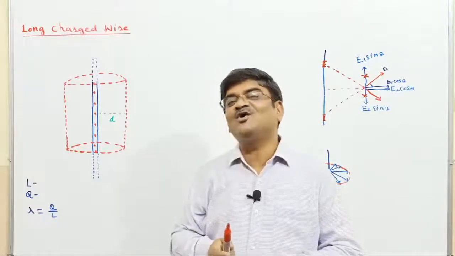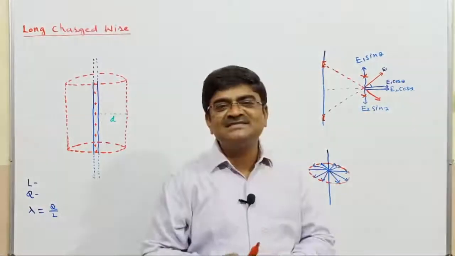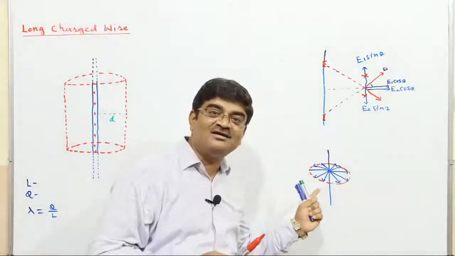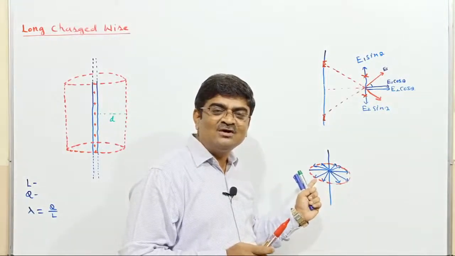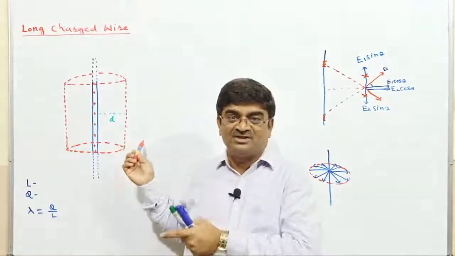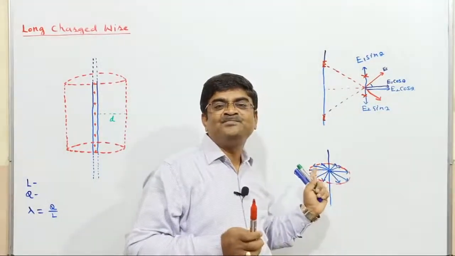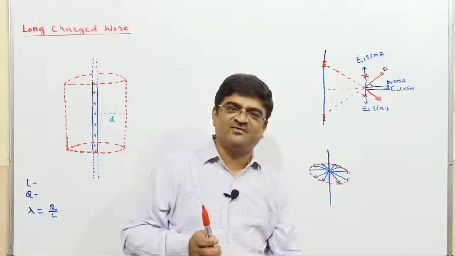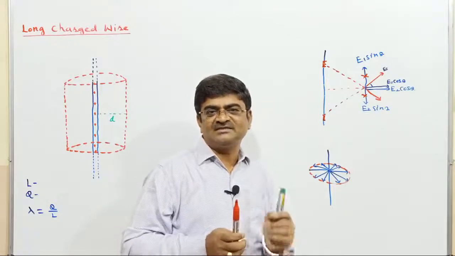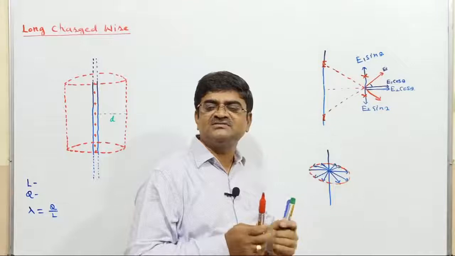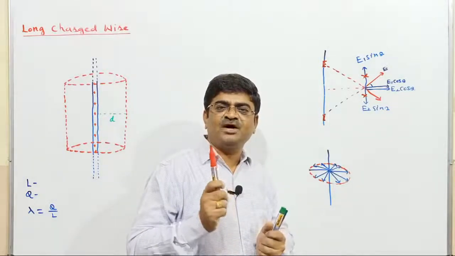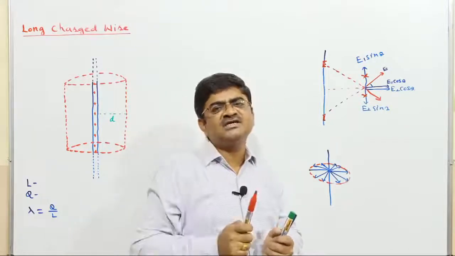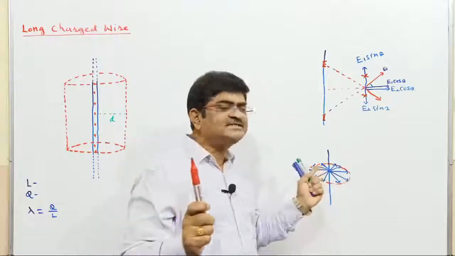Now the next step is that I should visualize the electric field associated with that charged body, and that I have already done here. What I came to know from the discussion before this is that the field associated with that long wire is non-uniform. I say that simply because of the different direction at different places. Whereas if you ask me about magnitude, if I go equidistant in all directions from the wire, the magnitude is the same. Only because of different directions, I say non-uniform.